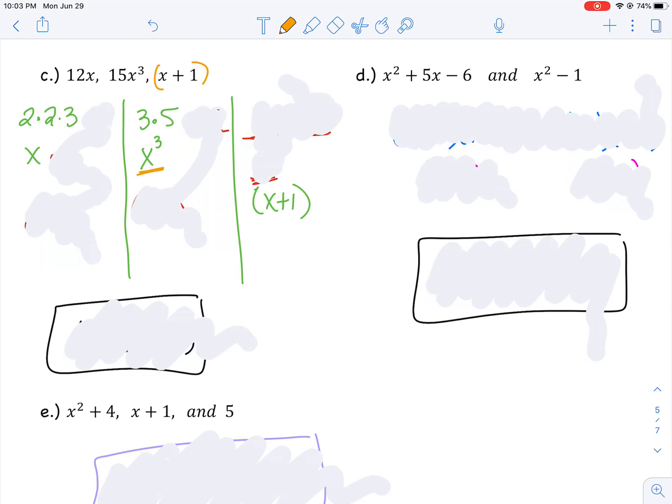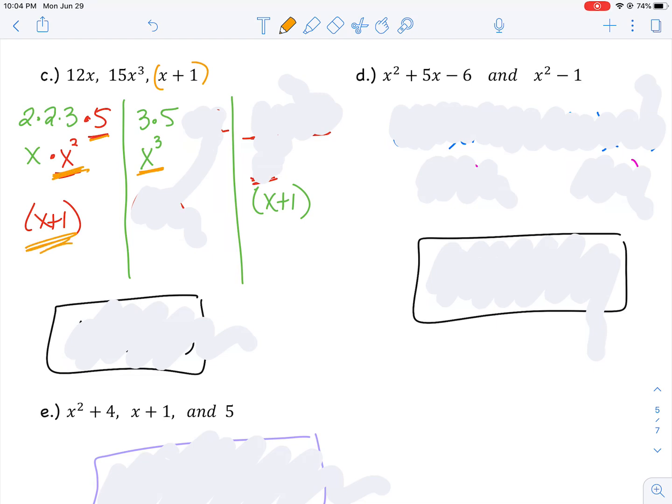The middle one has 3 x's. The first one only has 1, so I need to give it 2 more x's. I need to give it a 5, 2 more x's, and an x plus 1. Now I can't just add 1 to the x. I need to multiply it so that they're factors of multiplication, right? So this one needs a 5, it needs an x squared, and